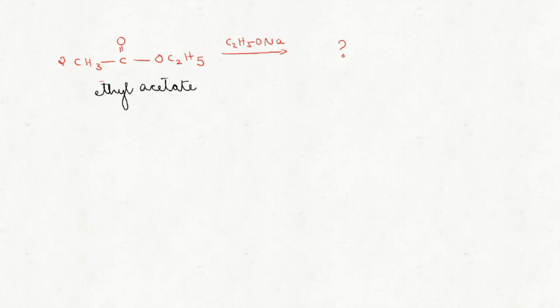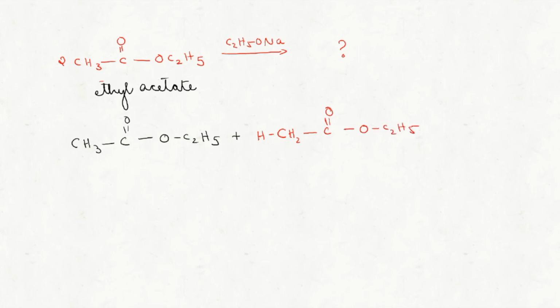But to predict the product of the reaction easily, we can find out a duplicate mechanism also. For this, first you write one molecule of ester as such, CH3, double bond O, O, C2H5. When you write the next molecule of ester, you will have to write the alpha hydrogen like this. CH3 group we are writing as CH2H. Now again C double bond O, O, C2H5. Two molecules of ester in presence of the strong base C2H5O minus.